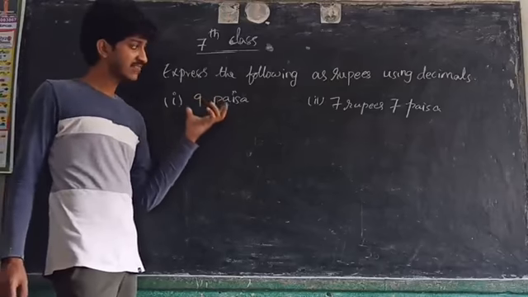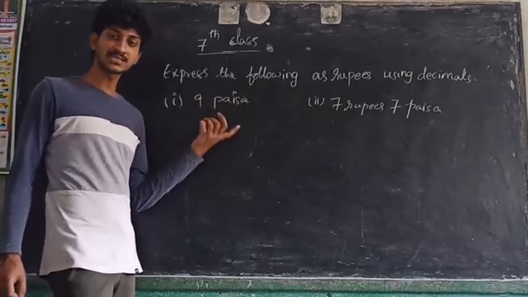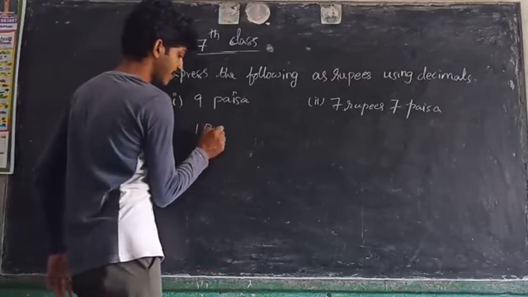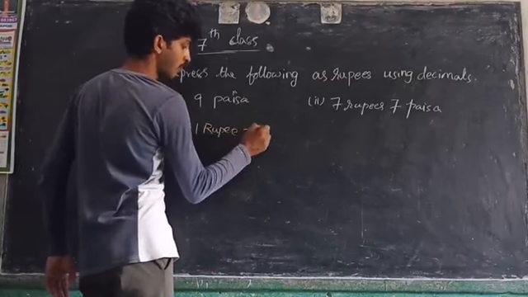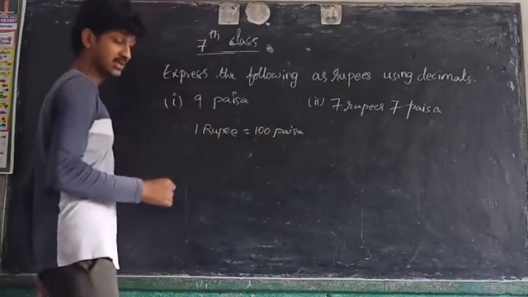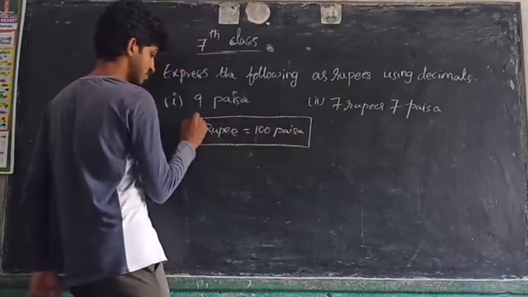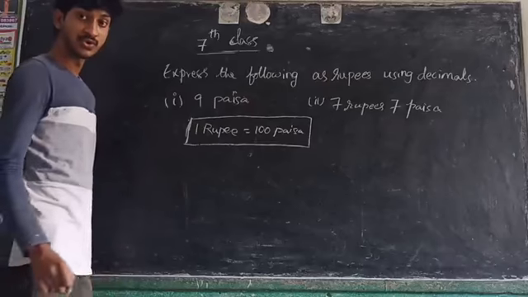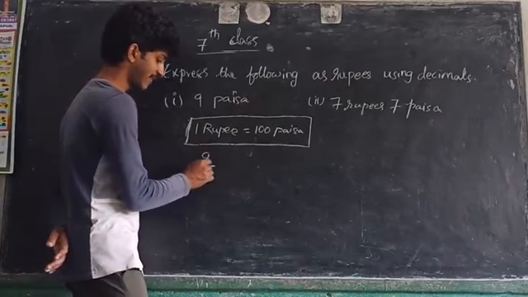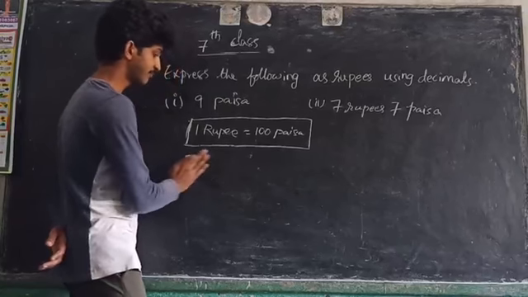We have to express these given numbers as rupees in decimal forms. So here 9 paisa is given. 1 rupee contains how many paisas? 1 rupee contains 100 paisa. So we have to convert this 9 paisa into rupees, by dividing with 100. See here, children,